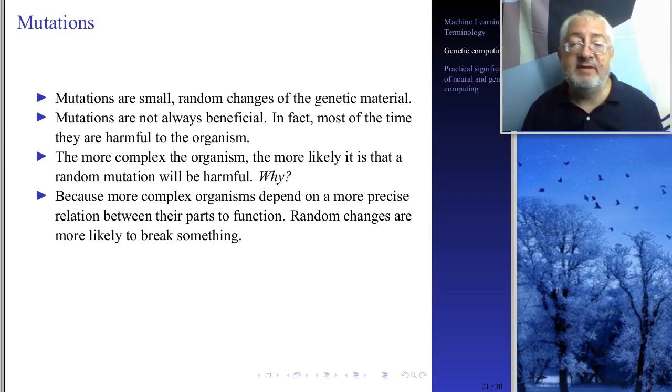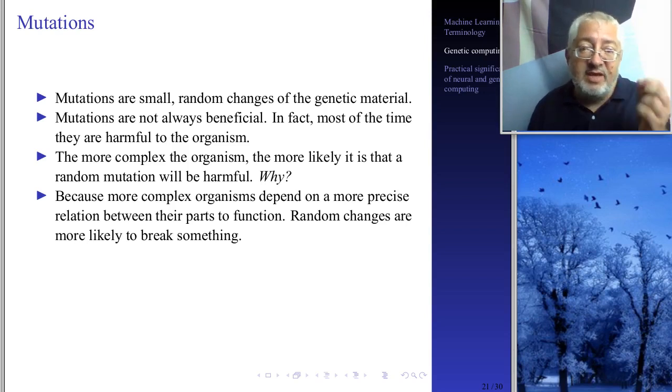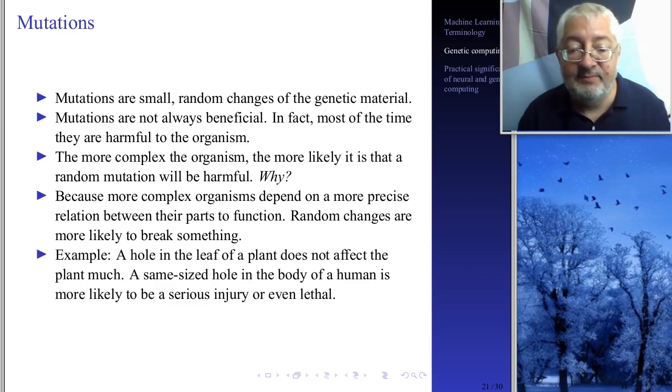In a very simple thing like a virus, there is not much, right? So if you have a mutation, there is less to break, because the thing is very simple. The organism, a virus, is very simple anyway. So changing something is more likely to give it a new ability than it is for you, and the chances of breaking it are less, right?